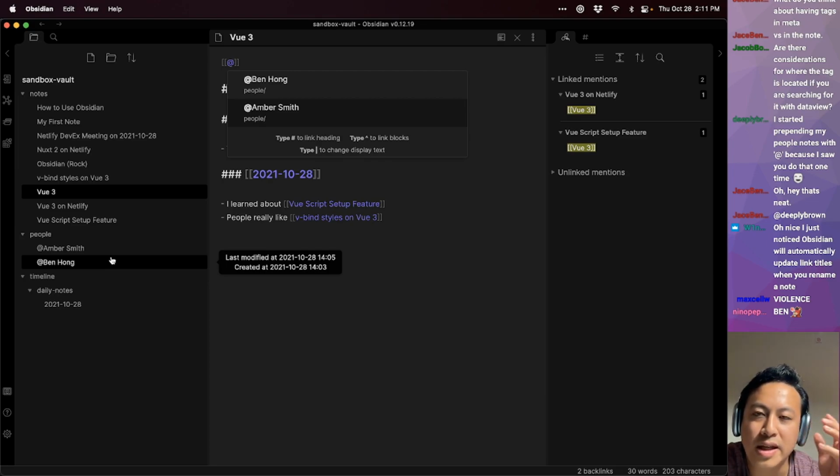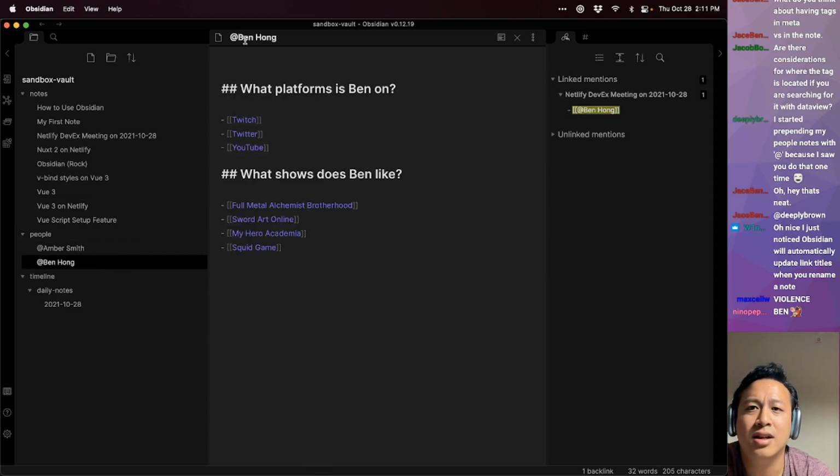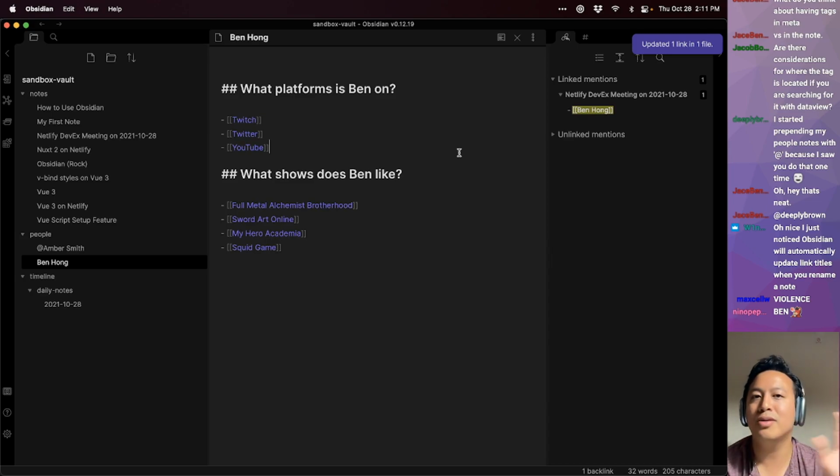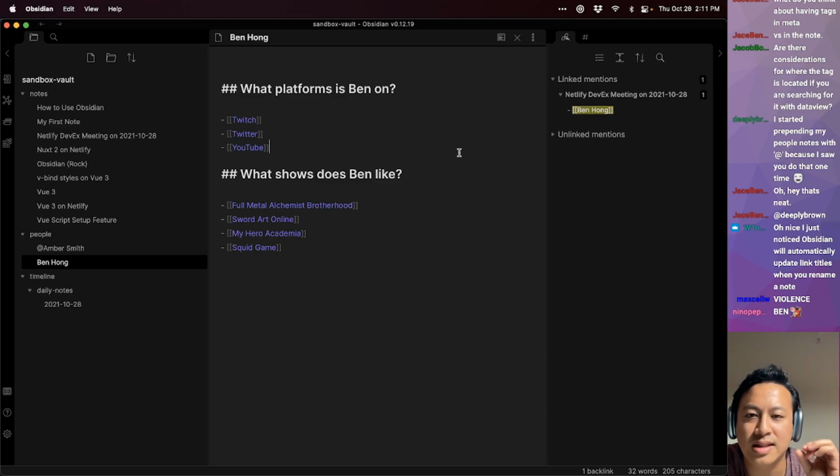And so being able to trust your system to manage these little tasks allows you to do the things that, in my opinion, are the most important about note taking, which is taking the notes and then letting the software do the admin stuff. So that if in the future you're like, you know what, I really don't like the @ symbol, you can just delete it in the file and it will update it everywhere else. You don't have to worry about that. You do what makes sense to you in the moment. And that to me is the key to any successful note-taking app, is the ability to facilitate ideas